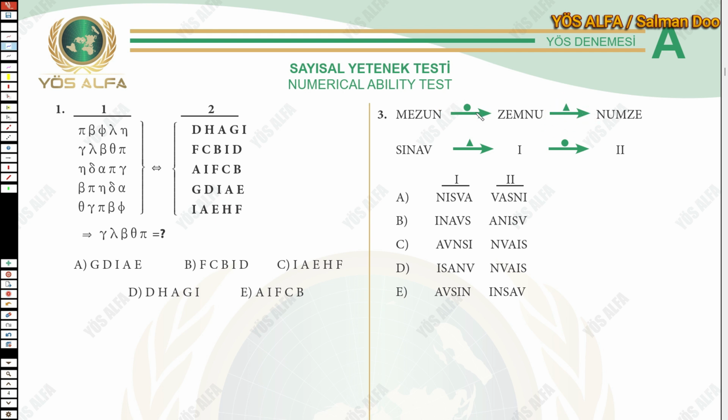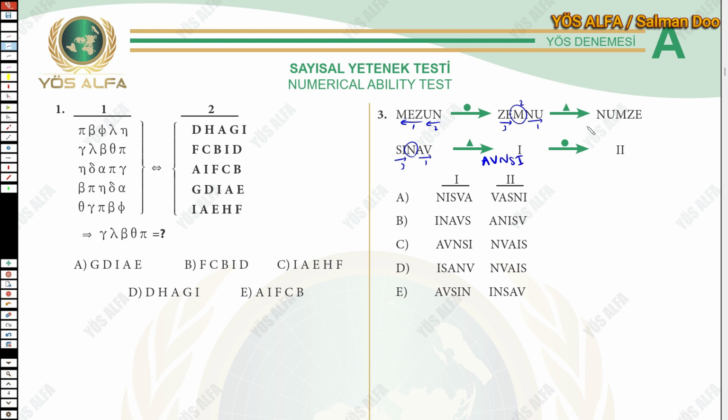Number 3. We have a circle operation and triangle operation. For the circle operation, let me write down the order. So this becomes this. The order is like this. The first one is this, and the second one is this one. For the triangle operation, we're going to write down the order again, just like we did for the first one. So this is first, and this one is second, and the third one is here. So now that we have got the order for both operations, we can continue with the rest. This word becomes, since it is going through the triangle operation, we'll follow this pattern or order. So 1, 2, and 3. So the result is AVNSI,